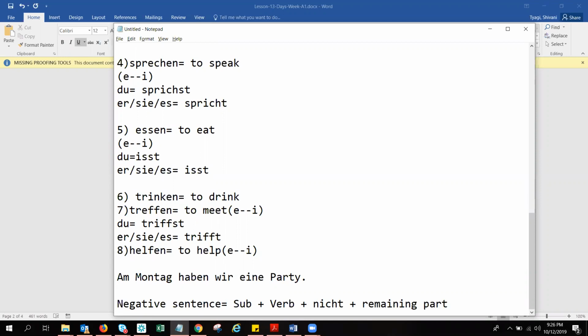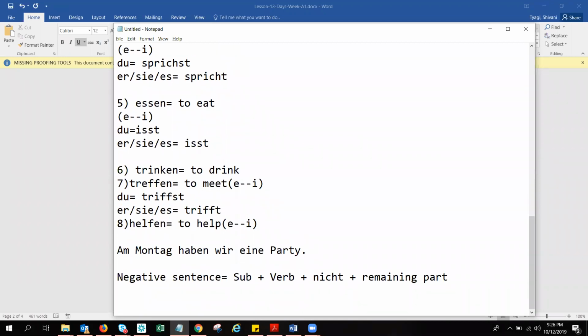Okay, so for example, I will not work on Monday. One more thing. Whenever we are saying all these things like I will not go, we will go to Germany, in that case also we are not going to use this will. We are focusing on the main verb only. So, I will not work on Monday: Ich arbeite nicht am Montag. I'm not using will. So this is another way you can use the weekdays. It's not necessary every time to use this on the first position. You can use it at the last.